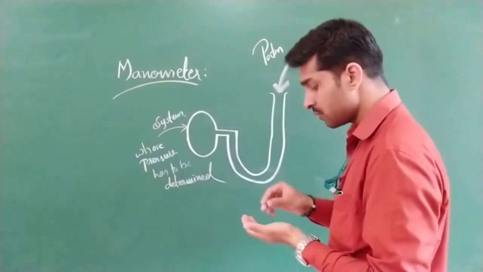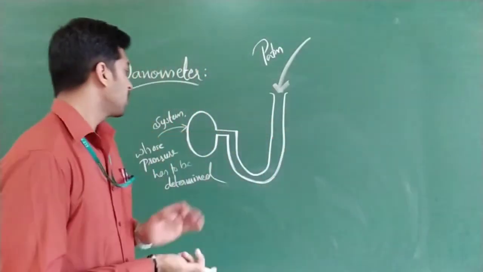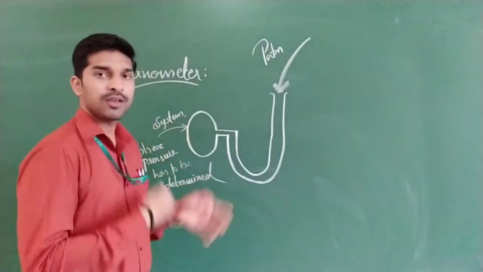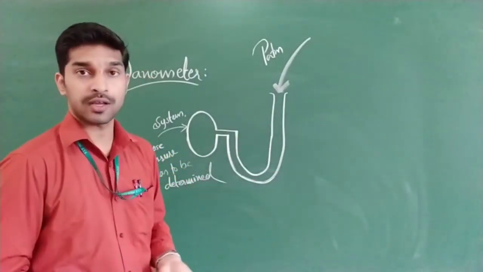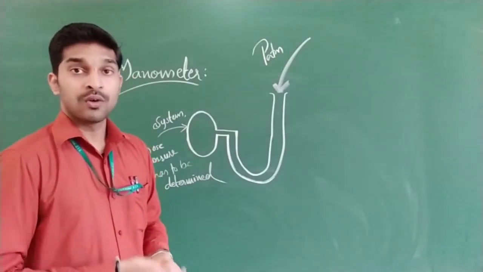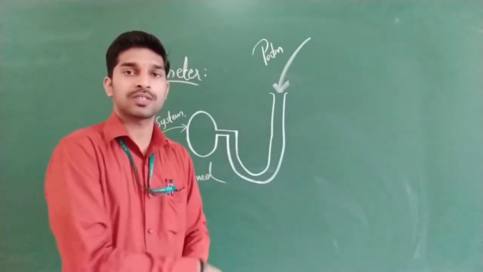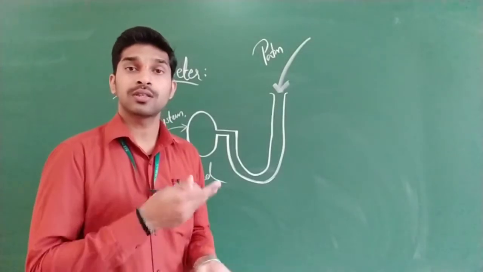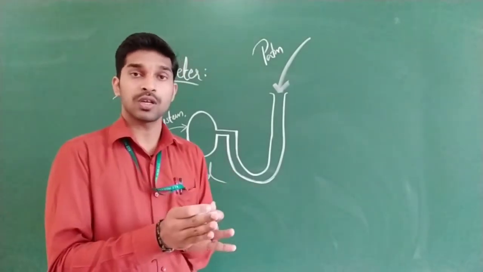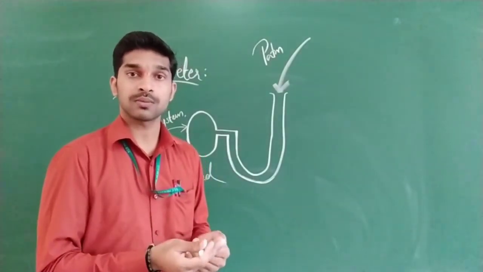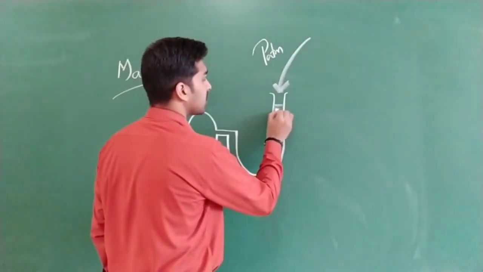Now this U-tube is filled with a liquid. It depends on what factors you are going to consider here. If you are going to calculate maximum pressure difference, then a liquid of maximum density you should take. Example, mercury. Clear? What is the density of mercury? What we checked in previous classes as well as in previous lectures, that is 13.6 times that of water. That means if we compare mercury with water, it is 13.6 times denser. Clear? So here it is filled with what? Mercury. Clear?